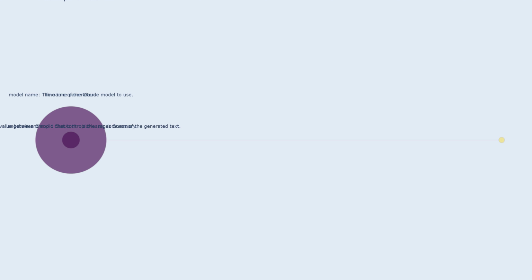Model name. This parameter specifies the name of the Claude model to be used for interactions. It allows you to select from different Claude models that might have different strengths and capabilities. For example, you might choose a model that is specialized in generating creative text or one that is better at